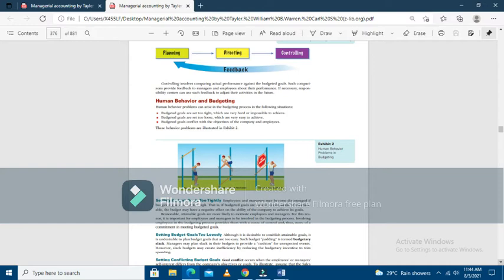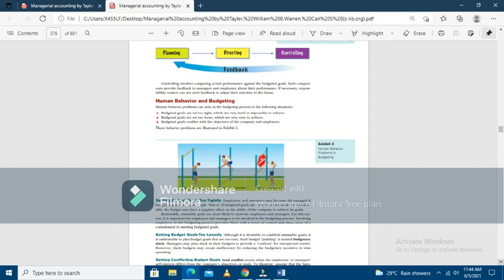Next is when the budgeted goals are in conflict with the objectives of the company. You look at the example, the conflicting budget goals. Ang gusto niya ay ma-achieve mo yung goal pero nag-set siya ng rule na there is no jumping. So paano mo ma-achieve 'yan? Kailangan mong tumalon to achieve the goal. Ganon. So in actual scenario, what is a best example of this is that, for example, the budget goal is set at dapat maging efficient on the use of the goals at 100,000. So, binigyan ng budget na 100,000 ang isang service unit.